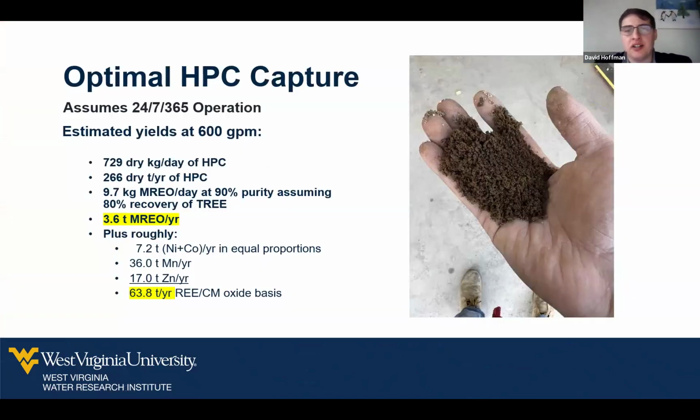So if we were to capture every single bit of HPC that was generated and had a 600 GPM average flow, we would capture about 729 dry kilograms of HPC per day, or 266 dry tons per year. This would be 9.7 kilograms of mixed rare earth oxides a day at 90% purity, and assuming an 80% recovery of total rare earths through the whole process, which would give us a grand total of 3.6 tons of MREO